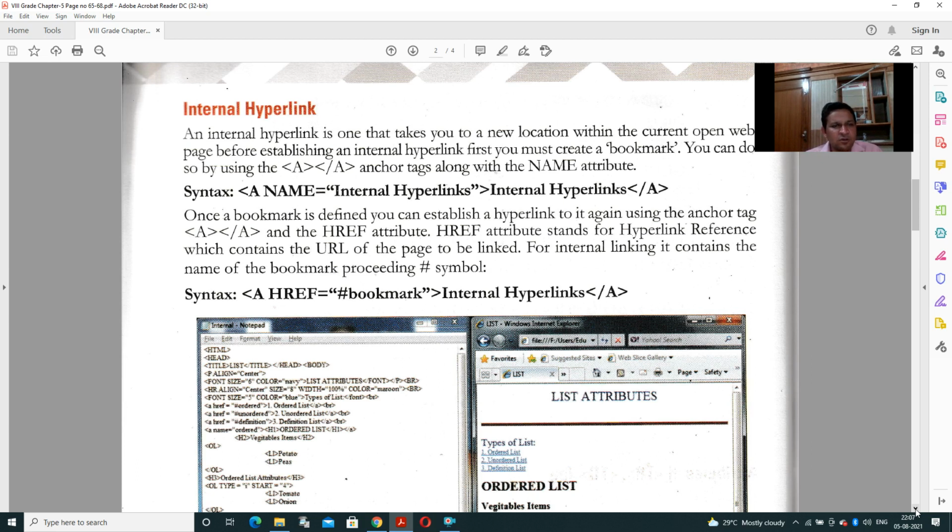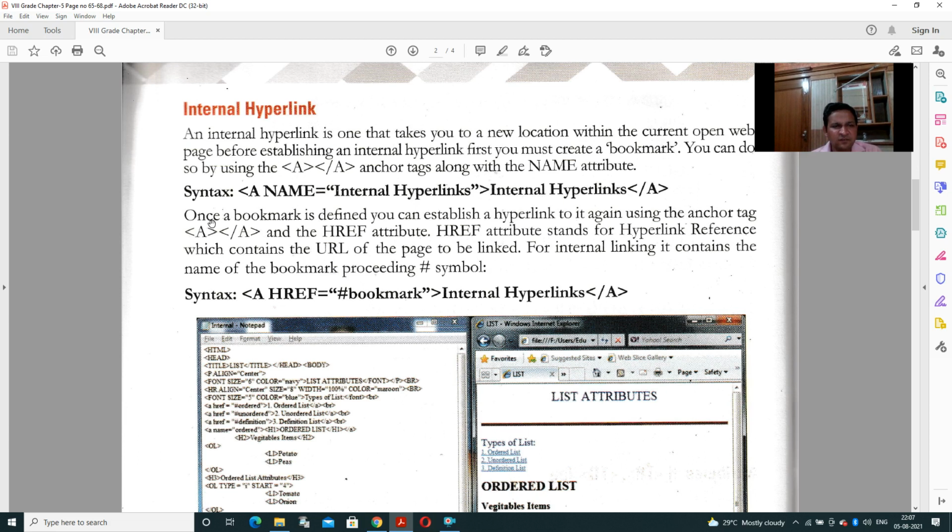You can do so by using the anchor tag. At first you write an anchor tag in which you write the name of the specific link. We have given the name internal hyperlink and afterward we have written internal hyperlink. When we click on internal hyperlink, this link will be created.